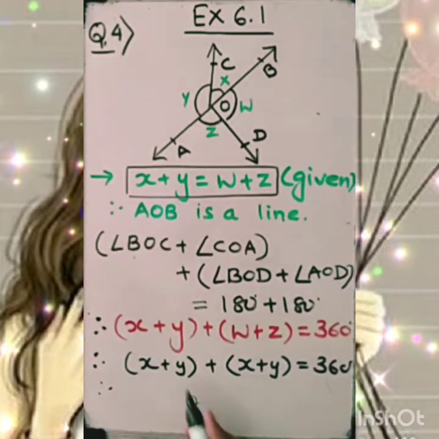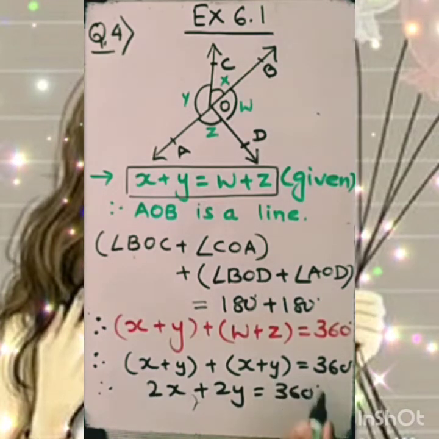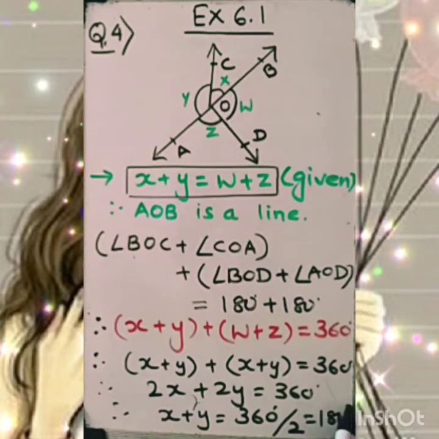Simple. If I take out x plus x, 2x common, so 2x plus 2y equals 360, and if I take 2 out common, then I will have x plus y equal to 360 divided by 2. The result of this, half of 360, is 180 degrees. So we have here x plus y equals 180 degrees. That is forming a straight line. It indicates itself x plus y equals 180 degrees.